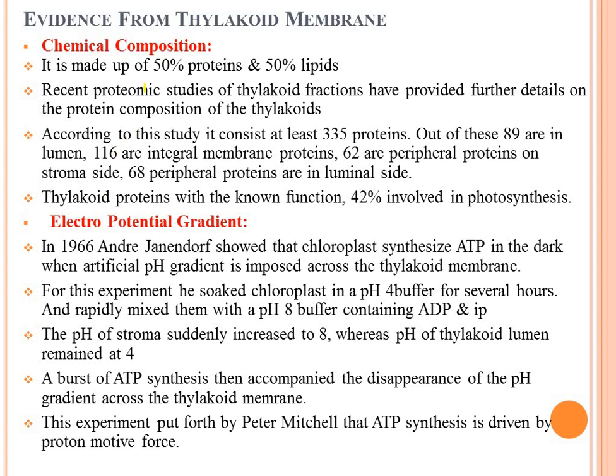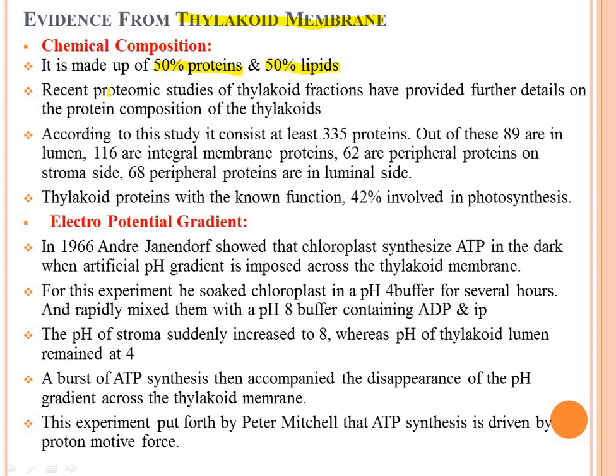You know all the plasma membranes are generally made up of 50% proteins and 50% lipids. A negligible amount of carbohydrates is present, less than 1%. This is the composition of the thylakoid membrane. All plasma membranes are also made up of 50% proteins and 50% lipids, with a negligible amount of carbohydrates, like the plasma membrane of the cell or other organelles like mitochondria or nucleus.